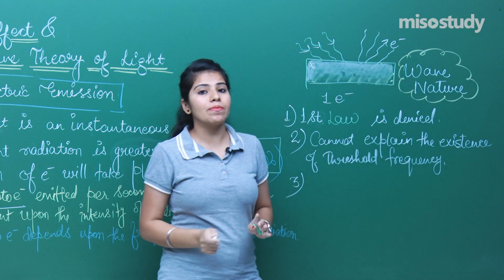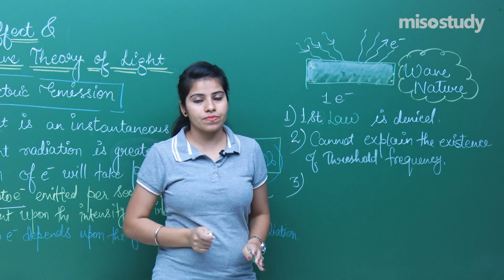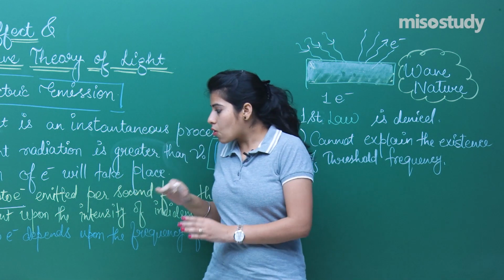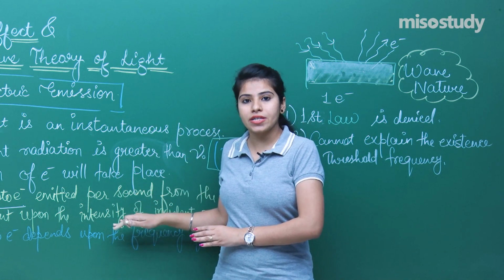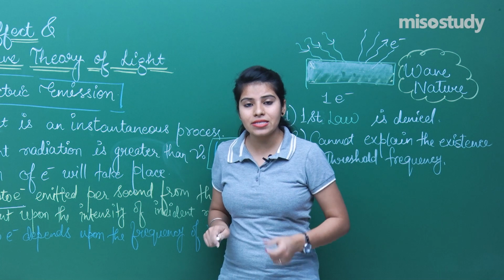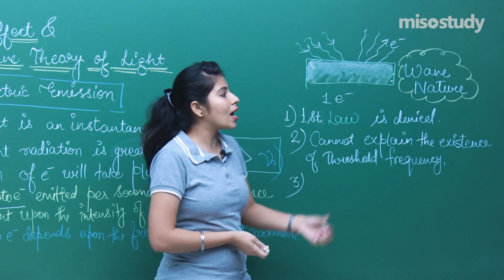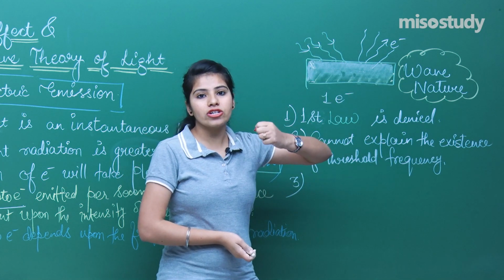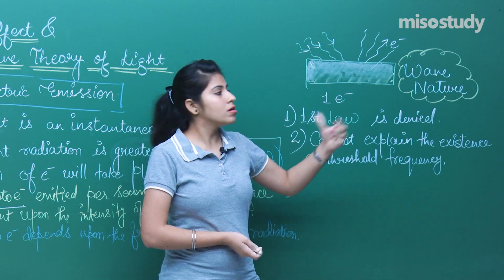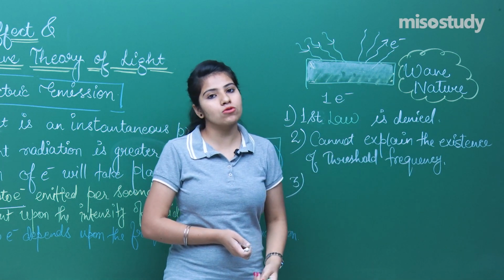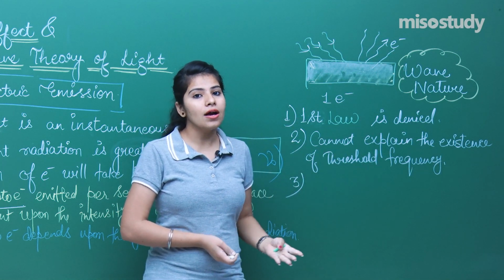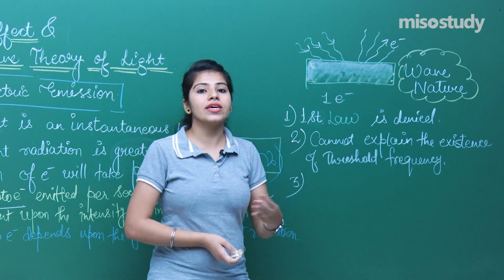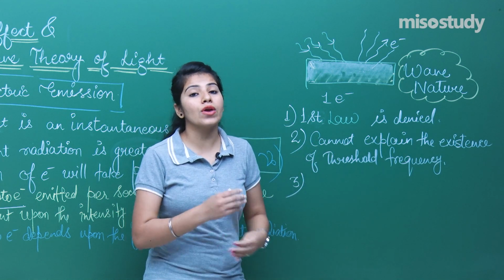Will it be dependent upon the intensity of light or not? According to the photoelectric effect, it is dependent upon the intensity. More the radiation, more will be the number of electrons emitted. And the third point we can also consider in terms of